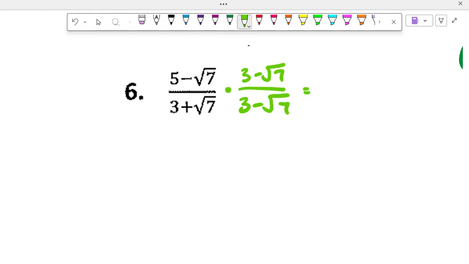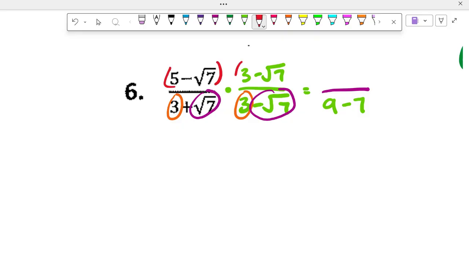So the denominator, remember, you can just multiply 3 times 3 and then multiply square root of 7 by negative square root 7. So what would be in the denominator of my answer? So what's 3 times 3? 9. What's square root 7 times negative square root 7? Negative 7. Now, the top part, you would have to do a box method. All right. So if I do a quick box over here,